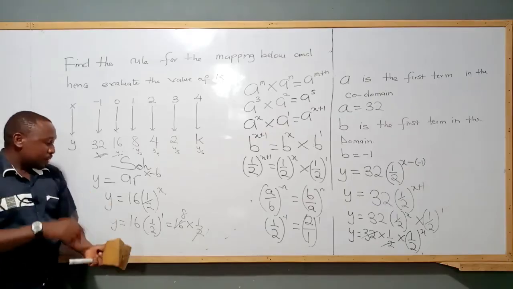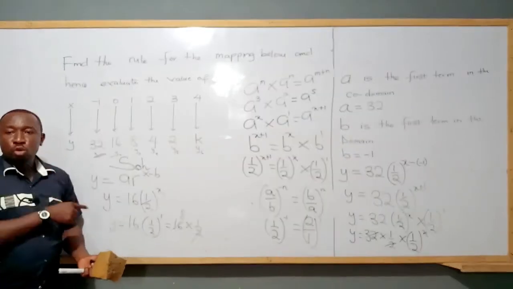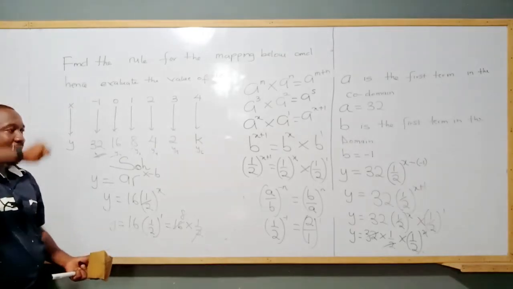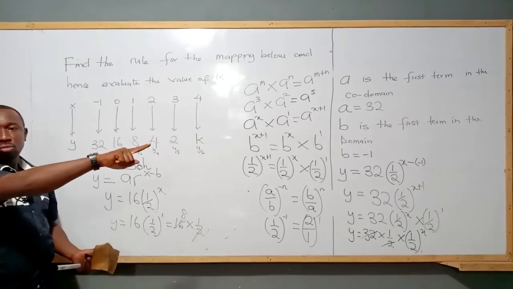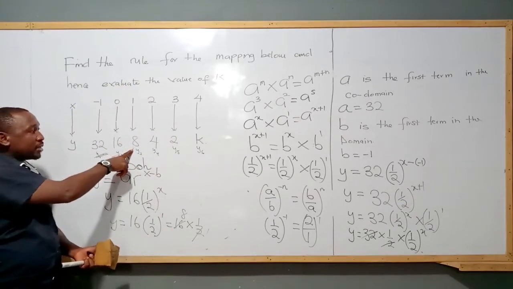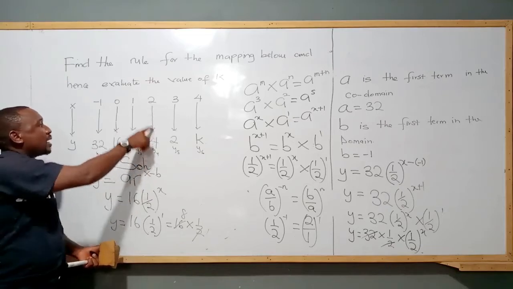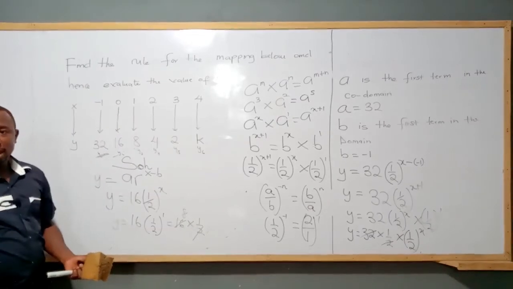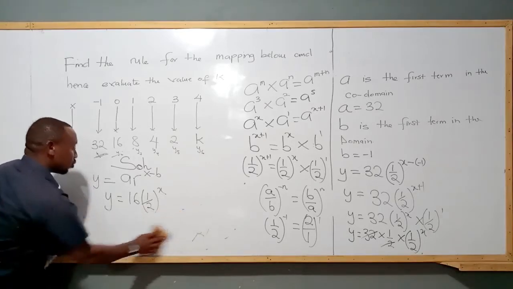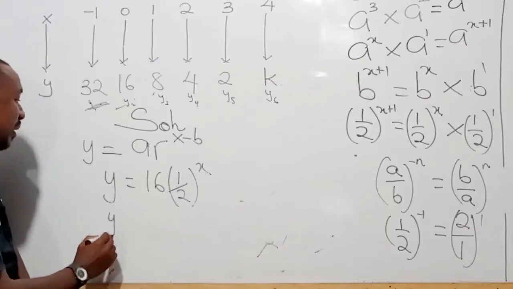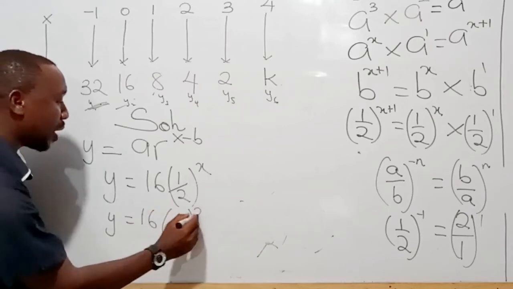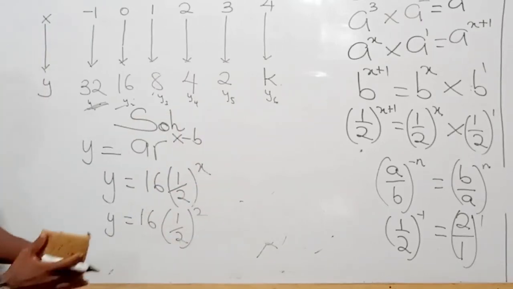Like we said, this formula or the rule for the mapping will help us predict all the y values given the x values. So we know that of 8. Let's try whether the 2 will give us 4. Let's substitute 2 and see whether we'll get 4. Okay, let's try 2. Y is equal to 16 half all to the power 2. Now,